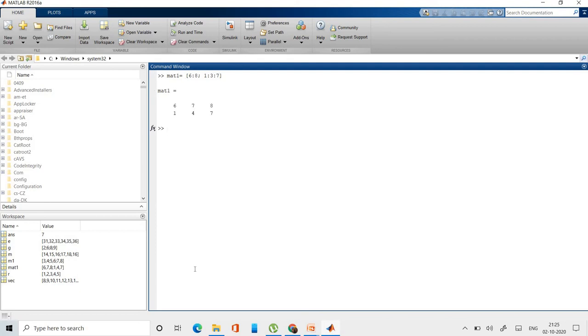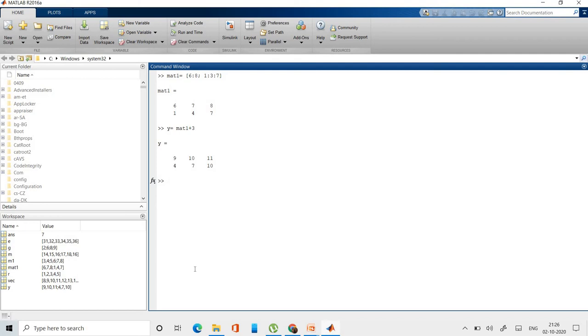So we have this matrix. Okay, now if you want to add some number to it, so you can directly do y is equal to mat 1 plus 3. Okay, so 3 is added to each element of the matrix.